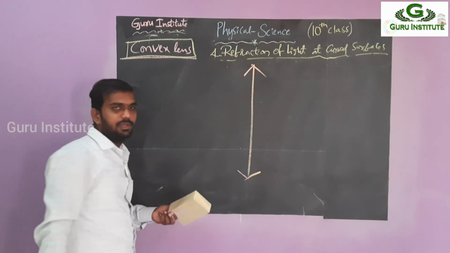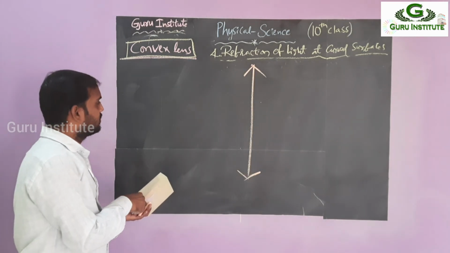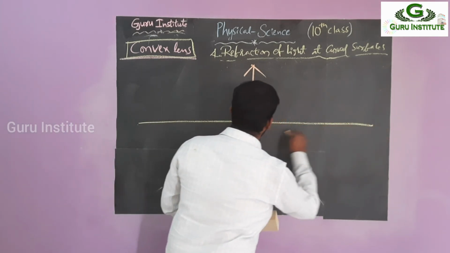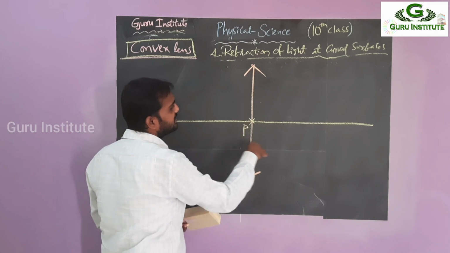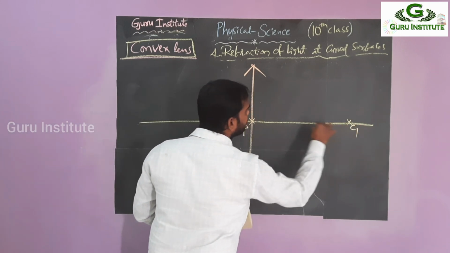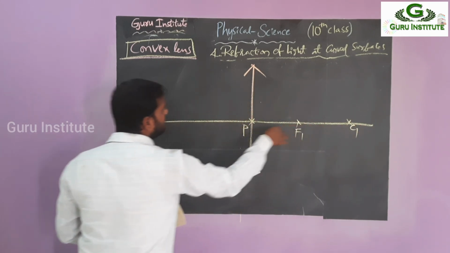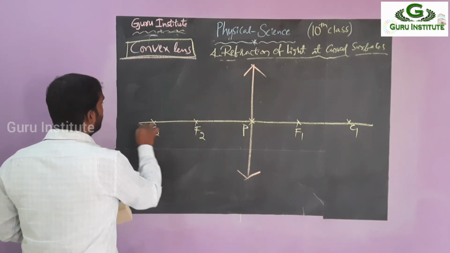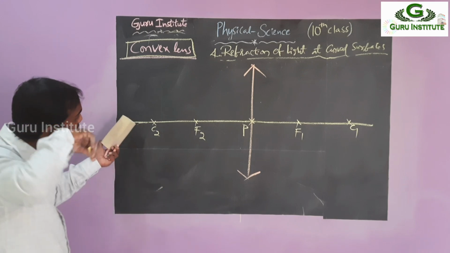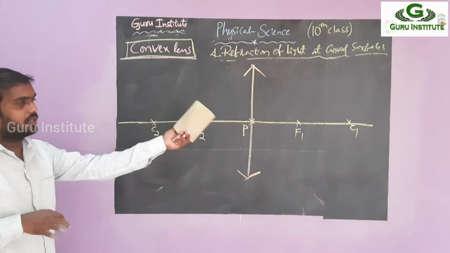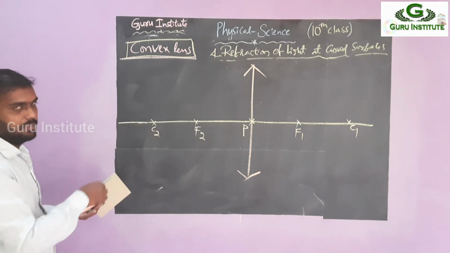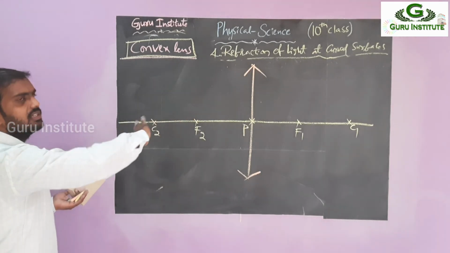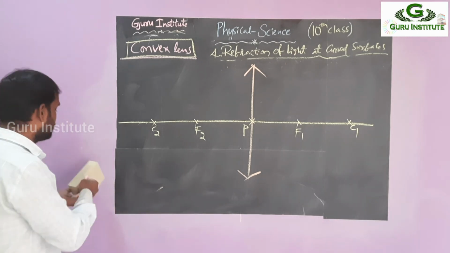I am drawing a single picture only. So that is the lens. Then the principal axis. For your understanding, I am drawing a single one only. So this is C1, this is F1, exactly in the middle. This is C2. I am taking F2. For your understanding, I am always taking the object on the left side, in order to draw easily, not on the right side. This side only I am taking the object. You can take it there also, but the picture simply shows the mirror image for you.